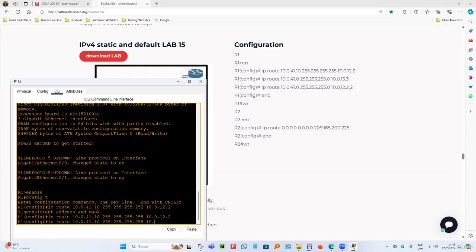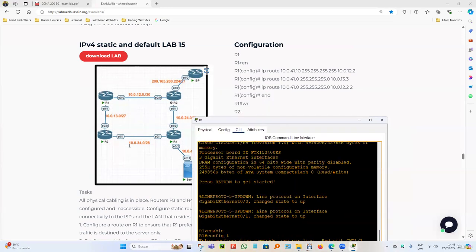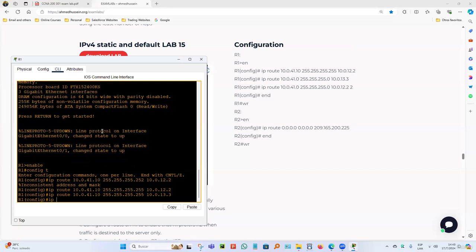to the 10.0.13.3. That is the Ethernet 00 in router 3, which is a hop address. It's actually this interface over here. You click enter, and after adding that command, we execute IP route